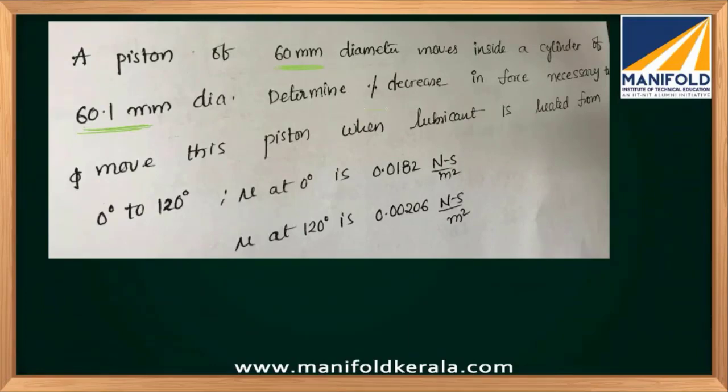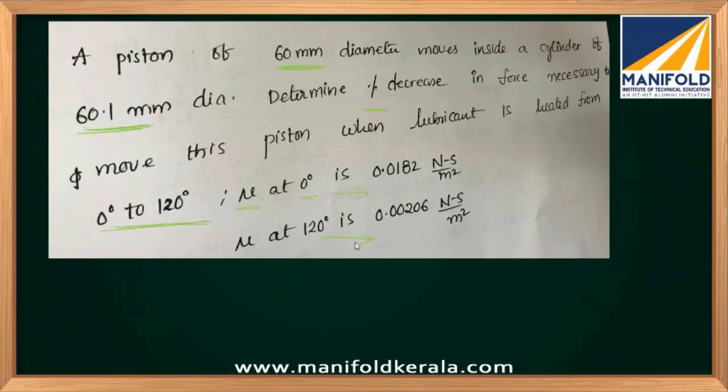Determine the percentage decrease in the force necessary to move the piston when the lubricant is heated from 0 degrees to 120 degrees. Mu, that is dynamic viscosity at 0 degrees is 0.0182 and at 120 degrees is 0.00206. Now, the question is saying the piston is inside the cylinder,